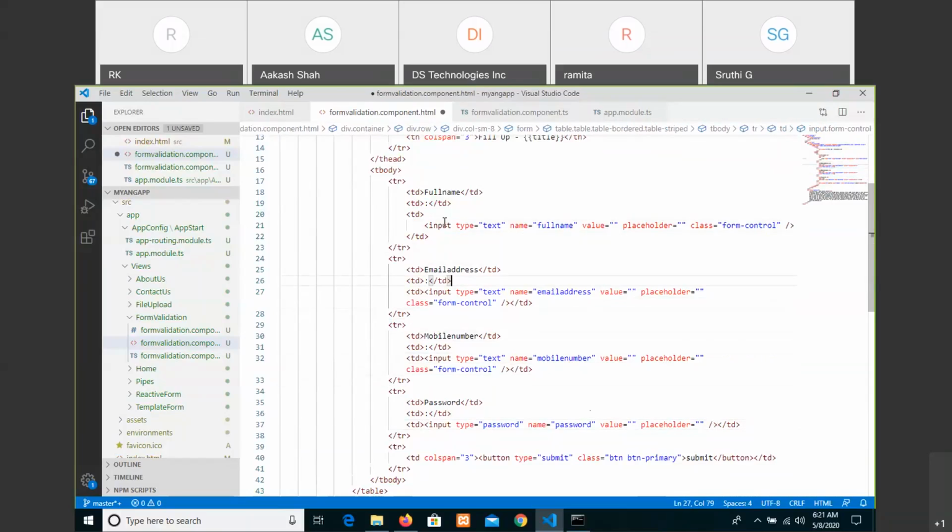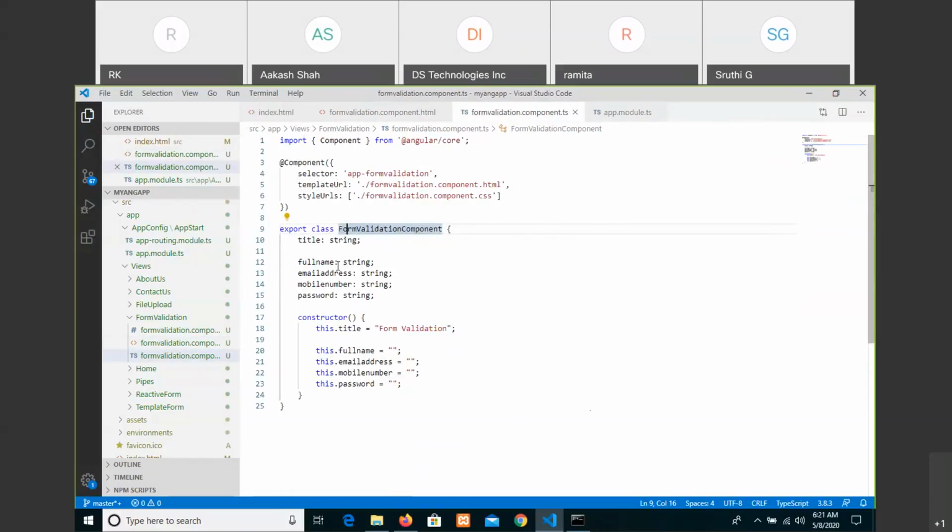Now instead of placing these properties as an individual property of each and everything, we just want to group it. So how? Let us write